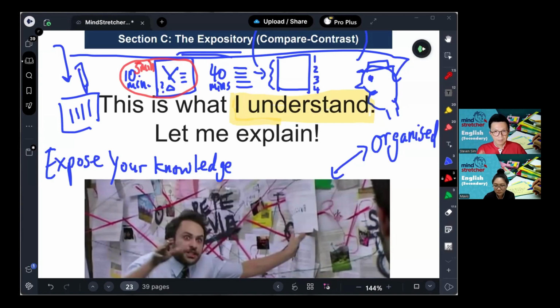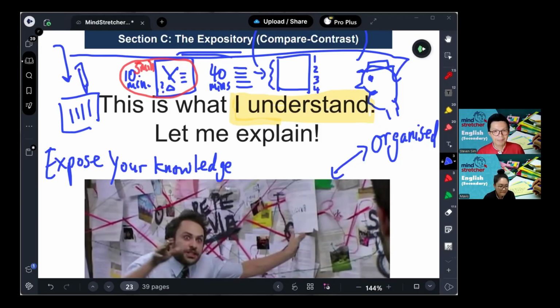You understand? That saves you from getting stuck at paragraph 3, then just repeating yourself and, in colloquial words, throwing smoke, writing a lot of rubbish and then making it very long and hoping the examiner will be happy. It doesn't work like that for the Cambridge exams. It's not about length. There are some school teachers who say, okay, if you give me 5 pages, I give you more marks. If you give me 3 pages, I give you fewer marks. That's because they don't read your essays. So those are